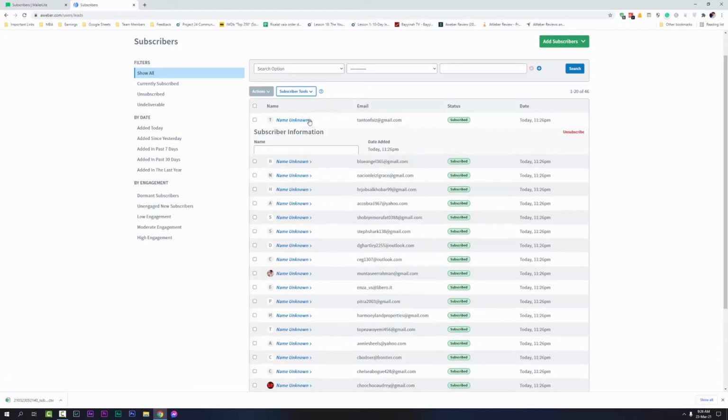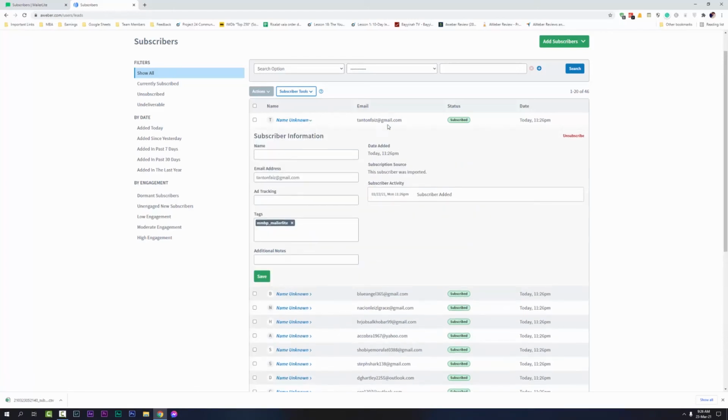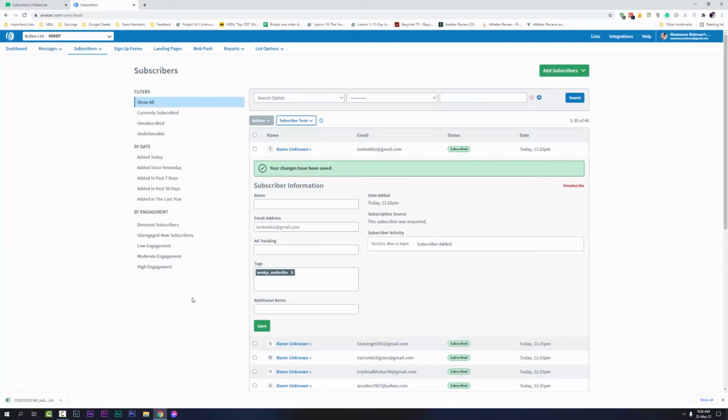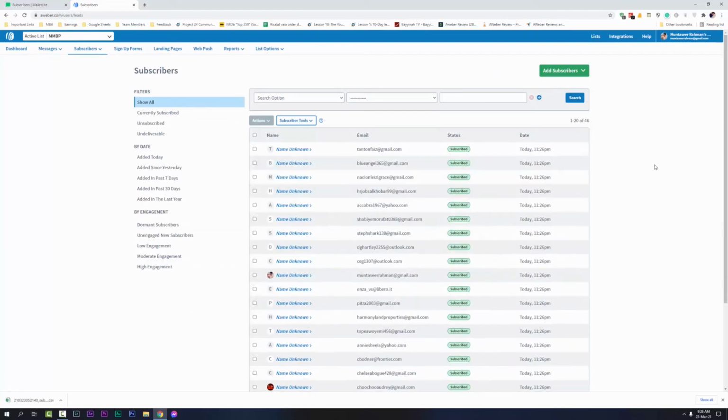But you can see the subscriber's email address, when he or she was added, and if there are any tags or additional notes, so it will help you to manage your subscribers more efficiently. And if you want to set up an autoresponder, then these tags will help you to control the flow of the emails and send customized emails to each of those subscribers.